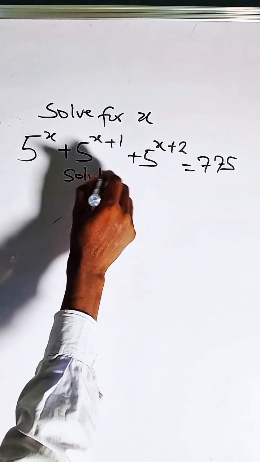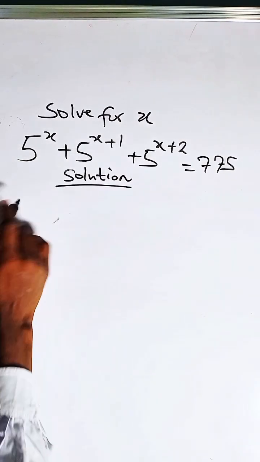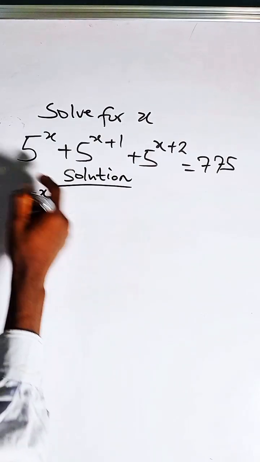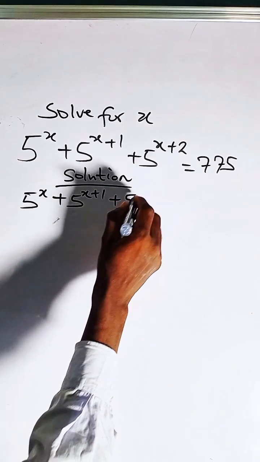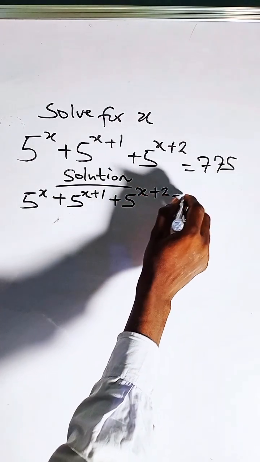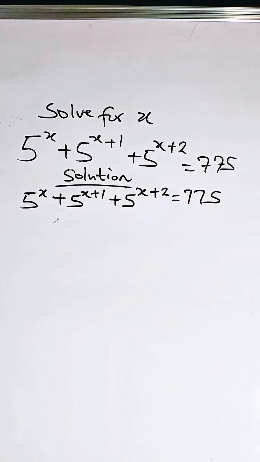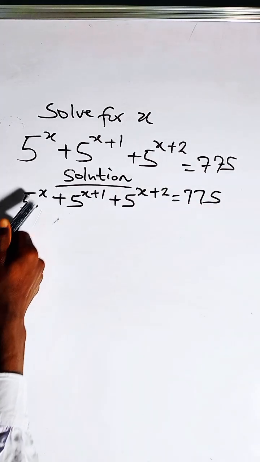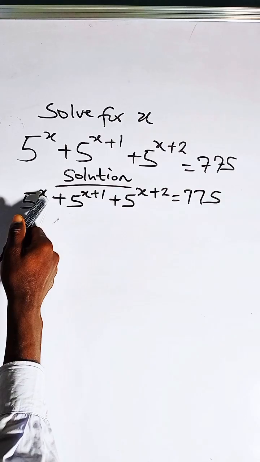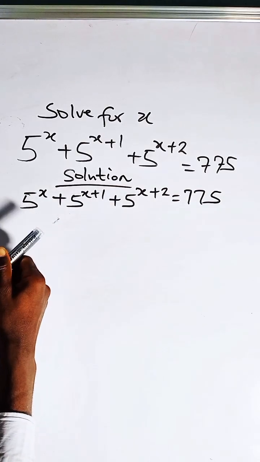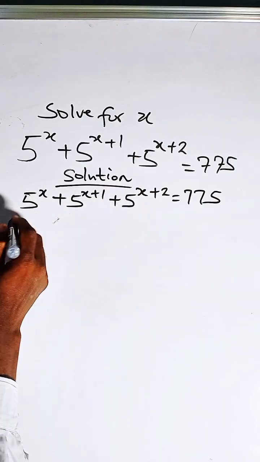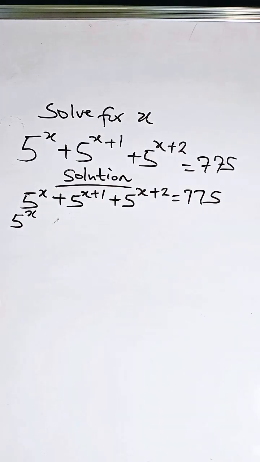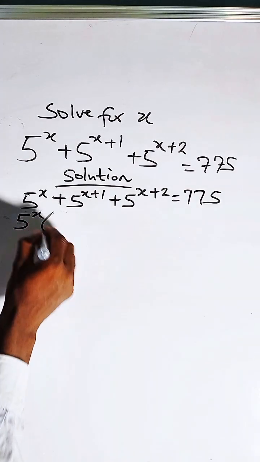Solution. So for 5 raised to the power x plus 5 raised to the power x plus 1 plus 5 raised to the power x plus 2 equals 775, when we look at this side of the equation, at the exponents, we have x in common, and we have equal bases, so that means we can factor out 5 raised to the power x. So try to factor out 5 raised to the power x, so we have here